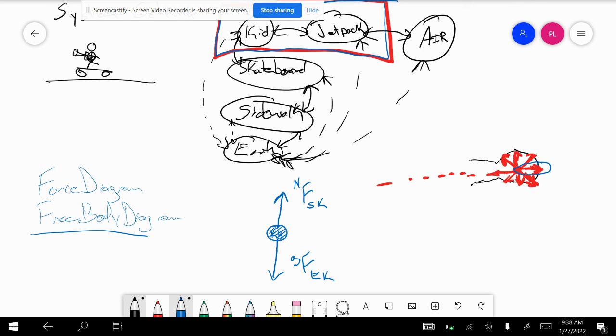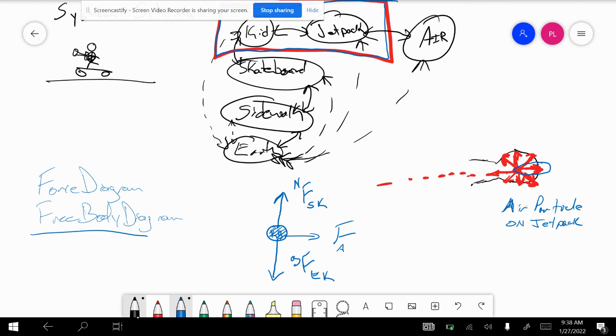And this arrow is an air particle on the jetpack, right? So then if I'm going to go with an arrow to the right, it's a force of the air